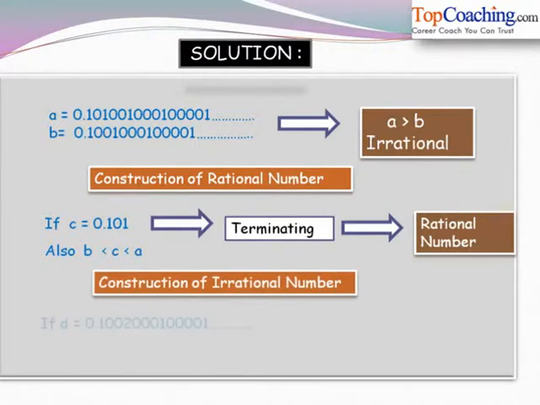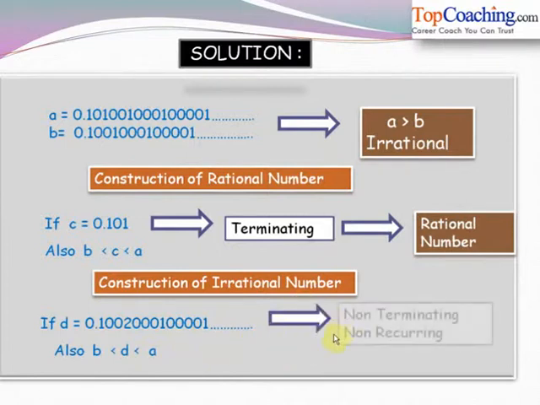Now, if we consider the number D equal to 0.100, 20001, 0001 and so on. If we consider this number, then why? Because the third place is 0 and the third place is 1. So A is of course greater than D. But when we compare B and D, we see that the fourth place of decimal here is 2 and the fourth place of decimal here is 1. Therefore, D is greater than B but is less than A.